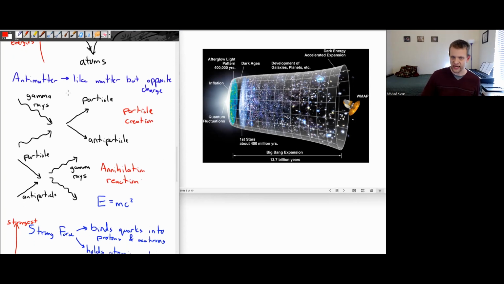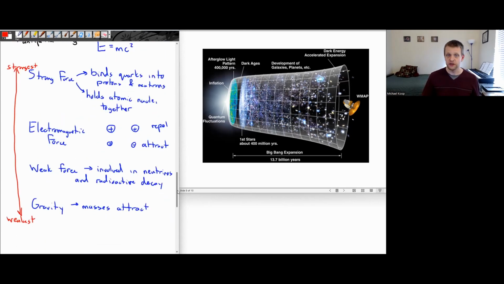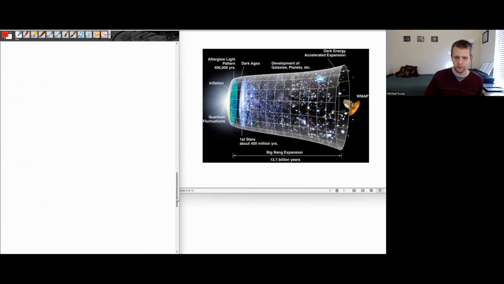We're going to talk about matter and antimatter reactions, so particle creation reactions and annihilation reactions, all relating to each other using this E equals mc squared equation. And we've got these different fundamental forces. We're going to want to know what these fundamental forces are doing at different points in the Big Bang timeline. So before I end off this session and we have the next one going into more detail, I want to give a super brief overview of the general patterns that are happening in the Big Bang model.